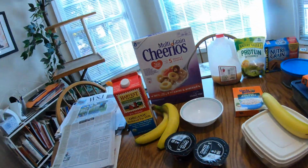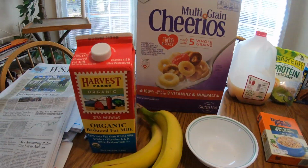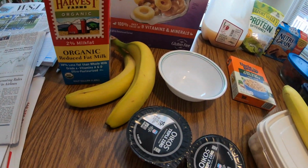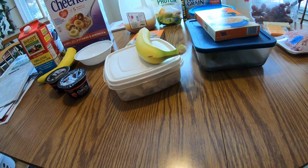So I've already eaten breakfast, but I'll put out everything I'm gonna be eating throughout the day. For breakfast, I have 2 bowls of Cheerios, and then I have the 2% milk, 2 bananas, and 2 yogurts. And then for my first lunch,